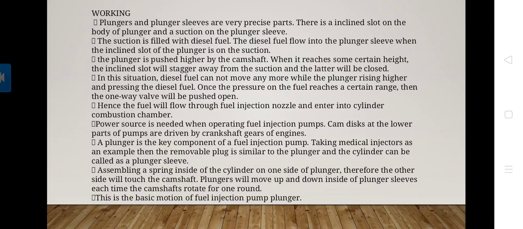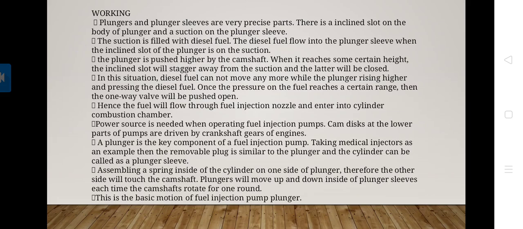The fuel is sucked into the plunger sleeve when the inclined slot of the plunger is at the suction port. The plunger is then pushed higher by the camshaft, and when it reaches a certain height, the inclined slot moves away from the suction port and the port will be closed.